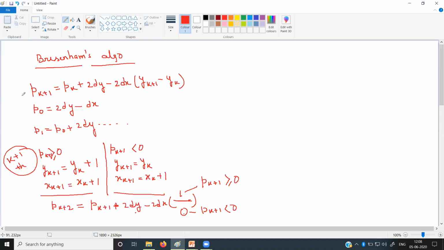So what are the things you require? You require this equation, you require this equation, and you require to compute these two. So here you can see, except integer addition, there are no floating point operations. So we are saving time. In this way, the Bresenham line drawing algorithm is far better than the DDA line drawing algorithm, as we don't need to perform any floating point operation.